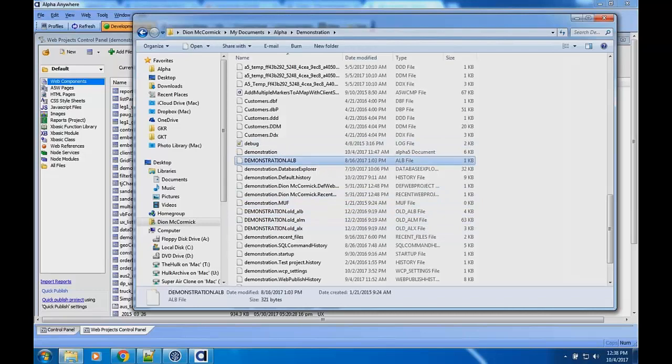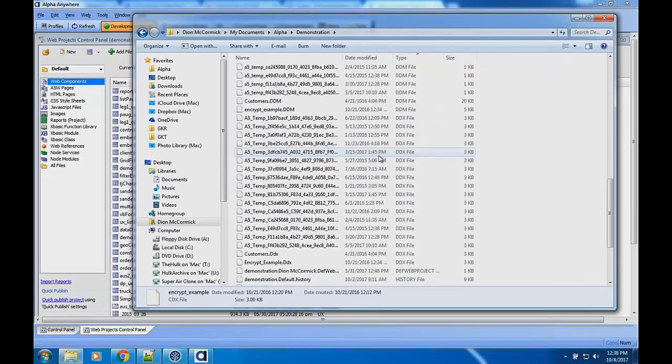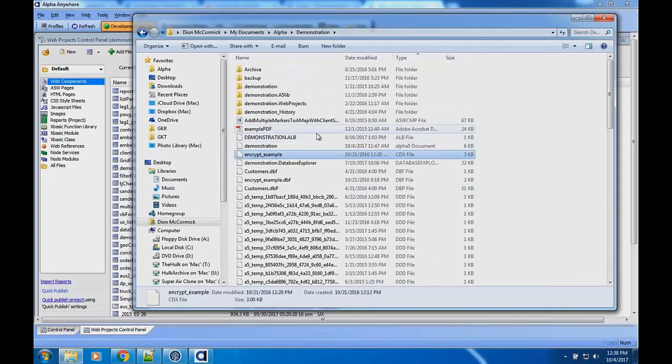Let's go by type. There's ALB, CDX, let's see, ADB file. Where's my ADB file? There it is right here. This is an ADB file. These are binaries, and you can check them in.